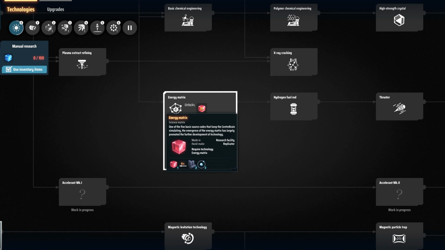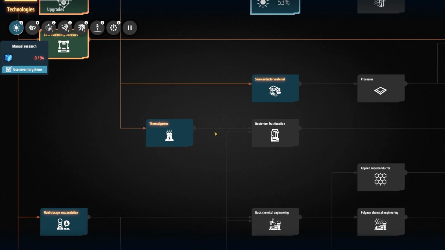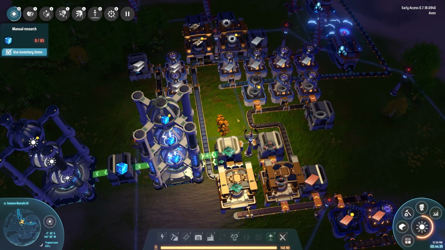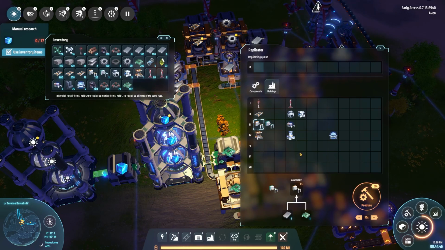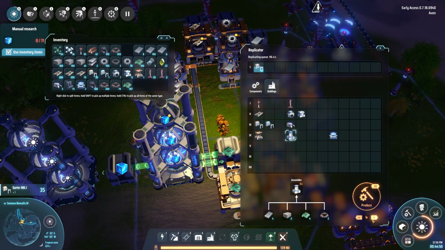So we need hydrogen and we need graphite. What's graphite? Graphite, I think. And we have that, yes. So that needs a bunch of smelters. We also need to queue a bunch of other stuff. We don't have engines, can't queue those, but let's get 100 of these. Let's get smelters for the